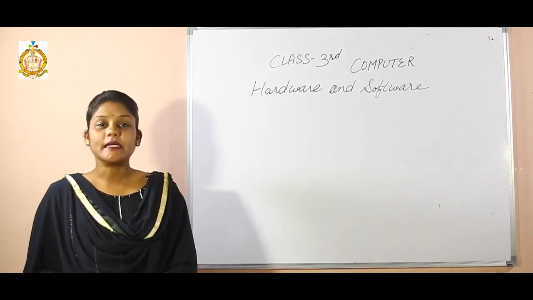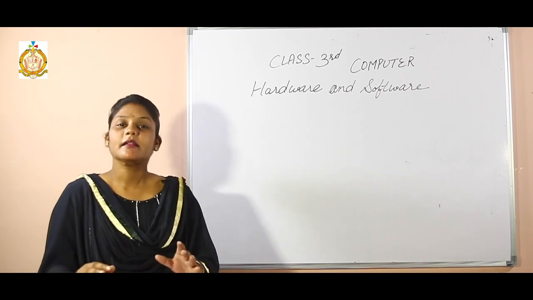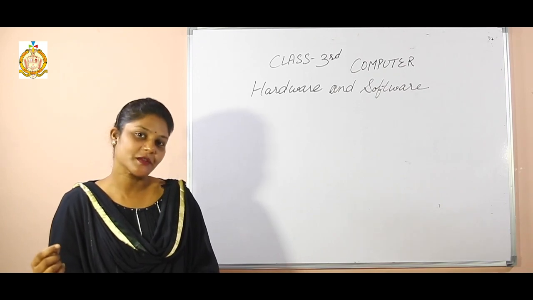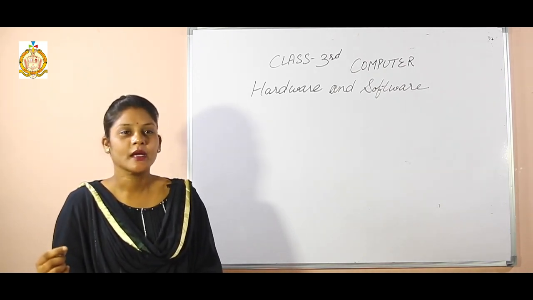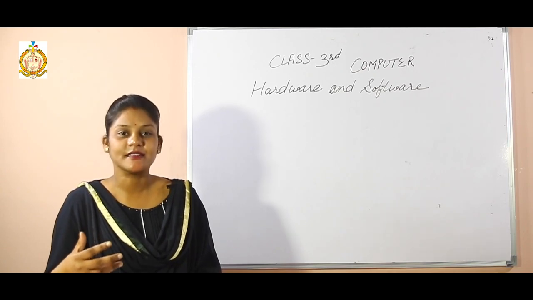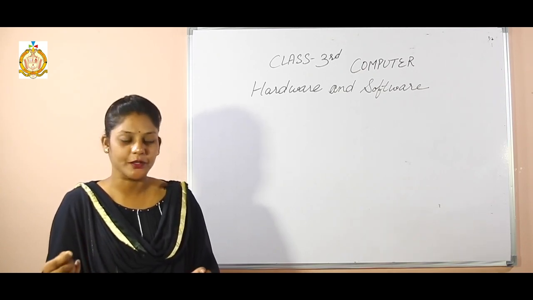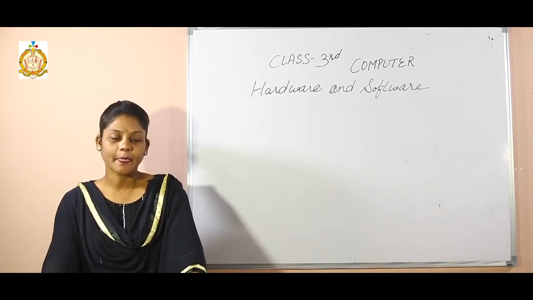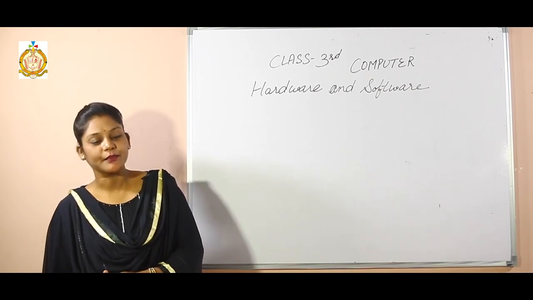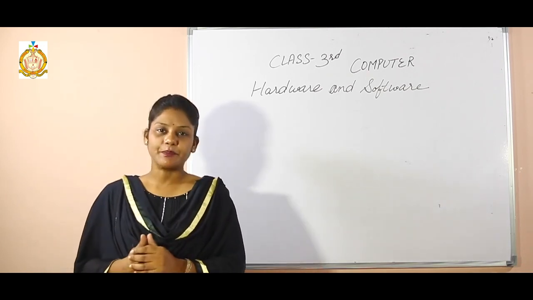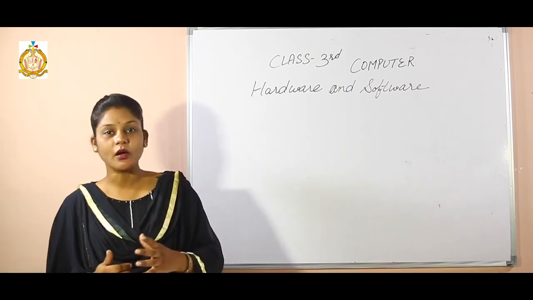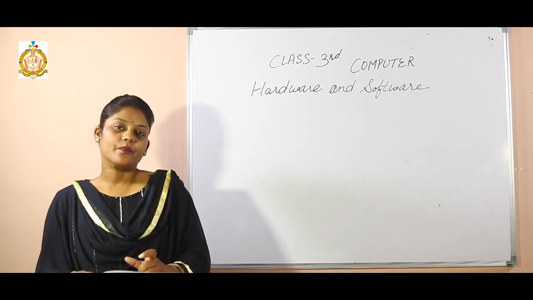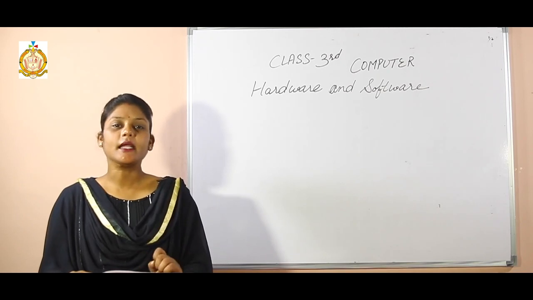There are processing devices. Processing devices means there is one processor that is also called the system case. What does processor mean? That is CPU, because all the processing is done inside of the CPU. So CPU, also known as processor or microprocessor, is the processing device of a computer. So what are the components of CPU? I am discussing with you the main components of CPU. First of all, here is ALU, that is the short form of arithmetic logical unit.